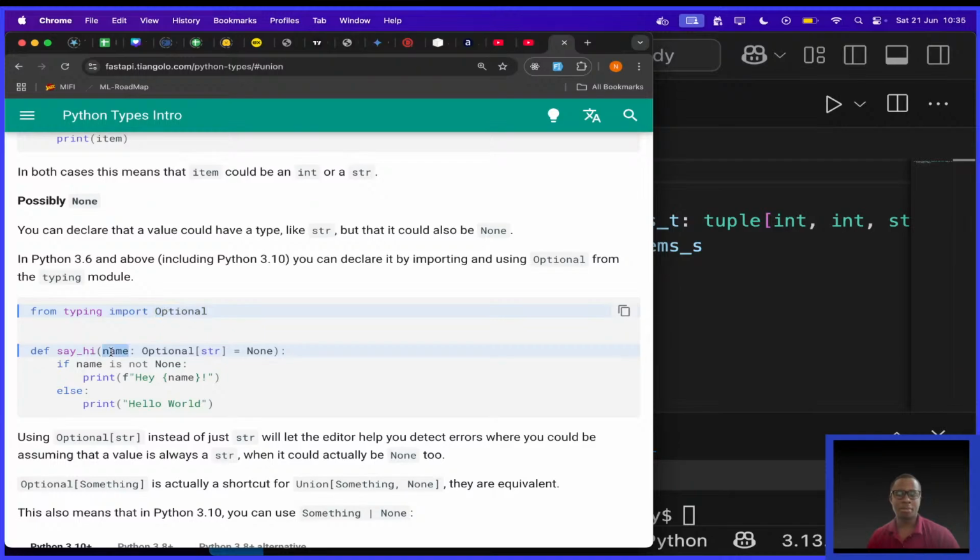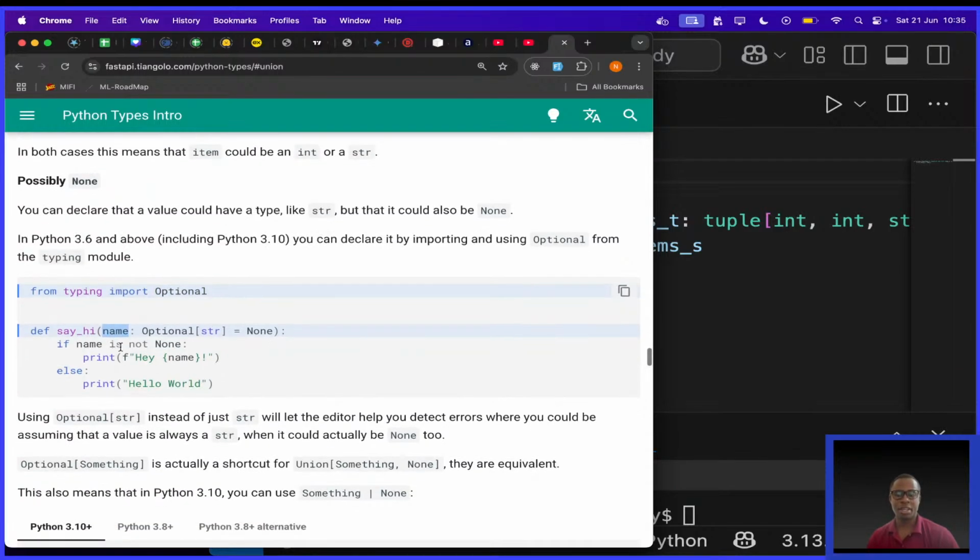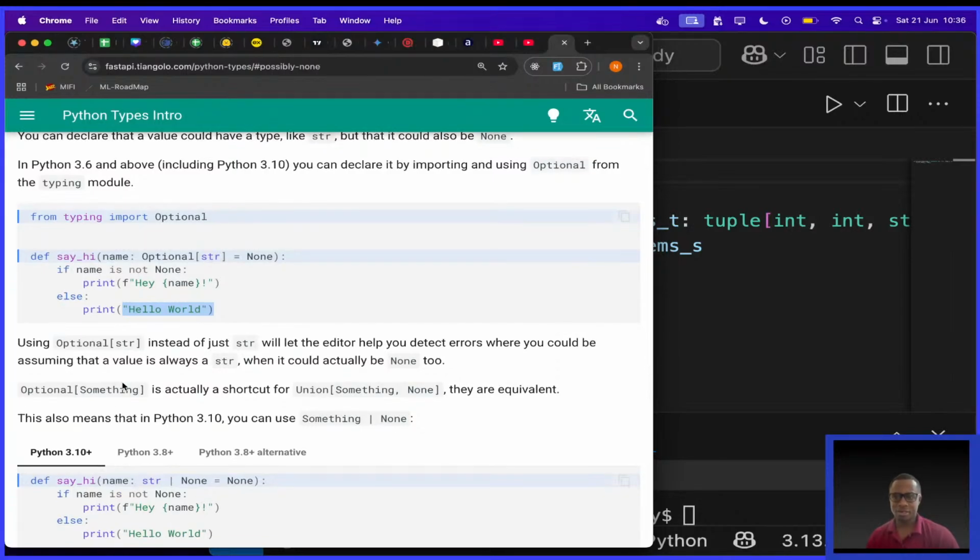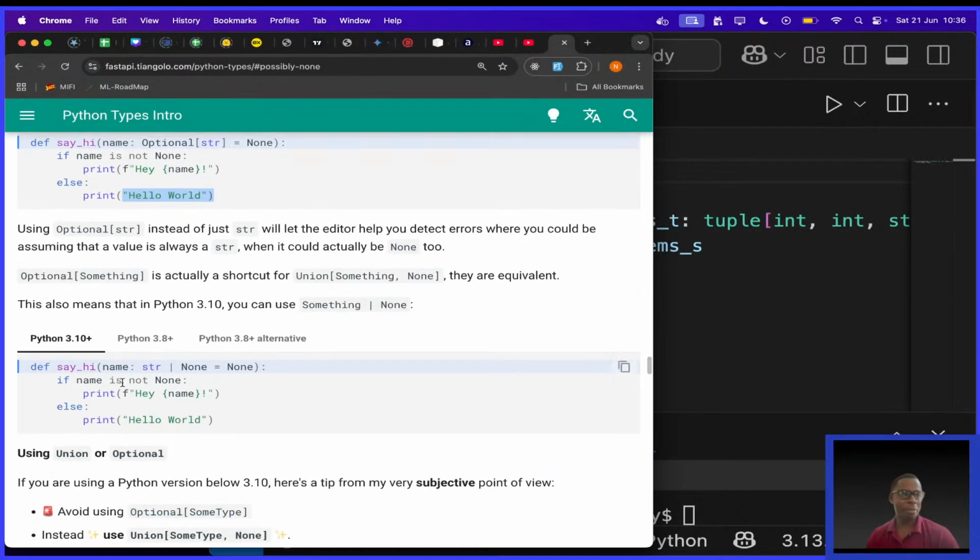For example, name, this argument or parameter called name. Someone can either give you their name or not, okay? That is why you see in this function, the first case they're handling is when the name exists. So you're saying if the name exists, by saying name is not None, then if the name exists and you've given me a name, meaning this variable is not empty, then we say, hey, name. Otherwise, because we have no name, we cannot print the name. We just say hello world. Yeah, this is good. Actually, now I appreciate reading this part.